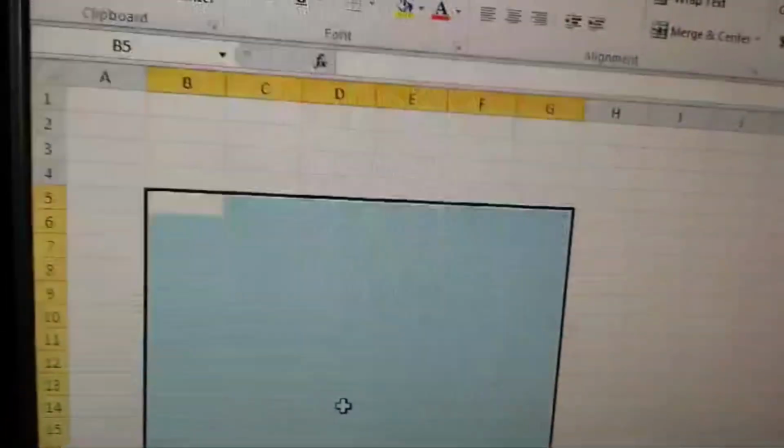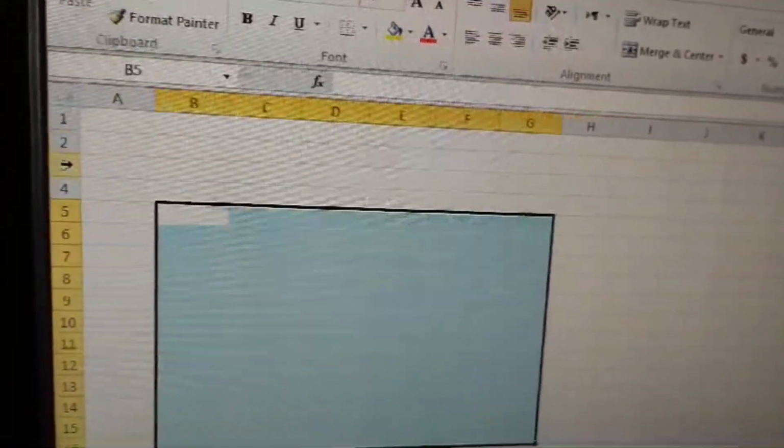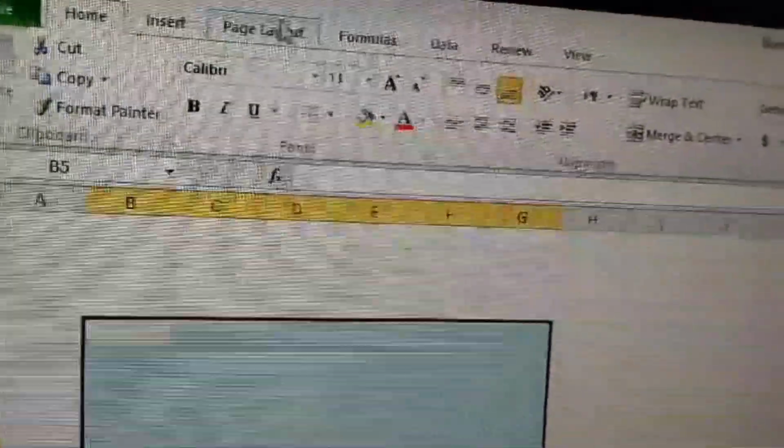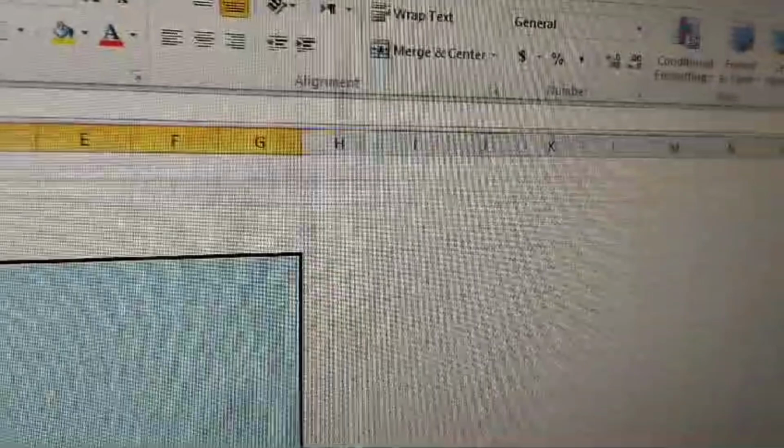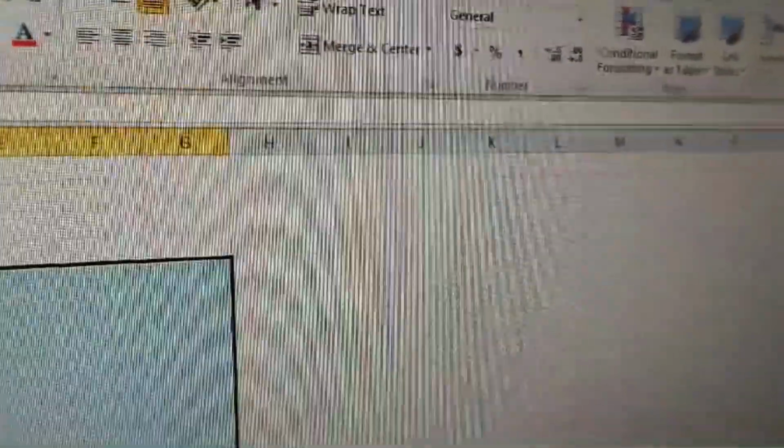So for changing row height, we will go to the home tab, and then in the cells group. You all are aware of the cells group. We will select format and then